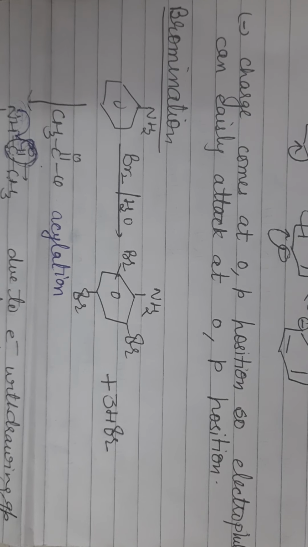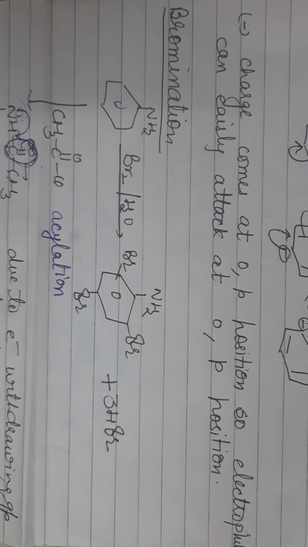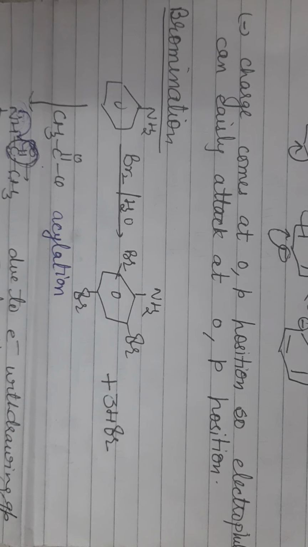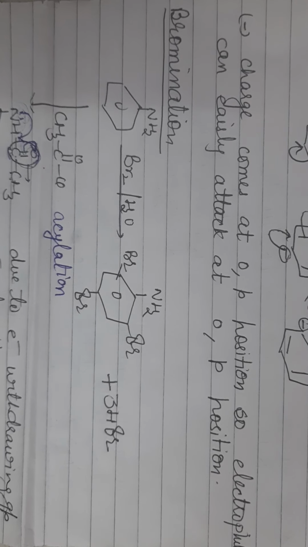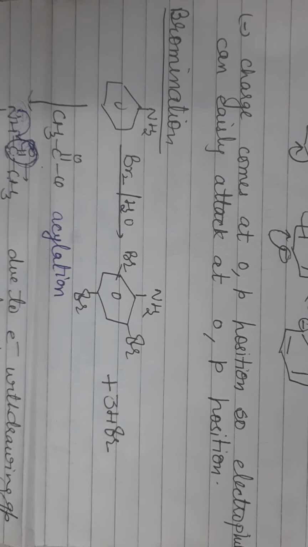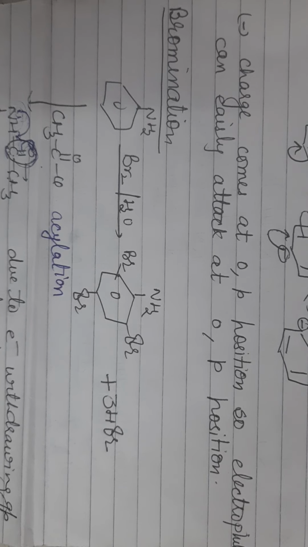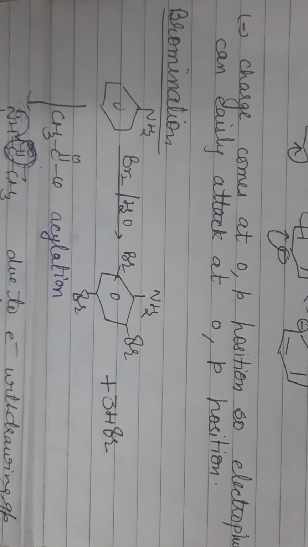So less negative charge will come at ortho and para position. If we do first acylation, then bromination, then we get a single bromo product, and then we do hydrolysis